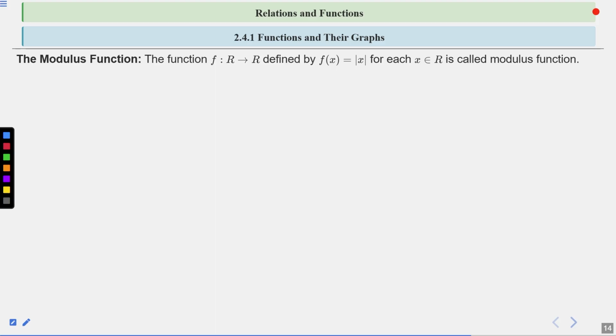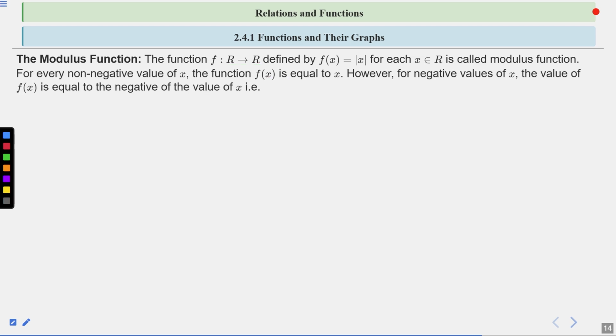Now, modulus function. If function f from R to R is defined by f(x) is equals to mod x. So how do we read this? Mod x simply, or absolute of x. What does this represent? Quite simple,